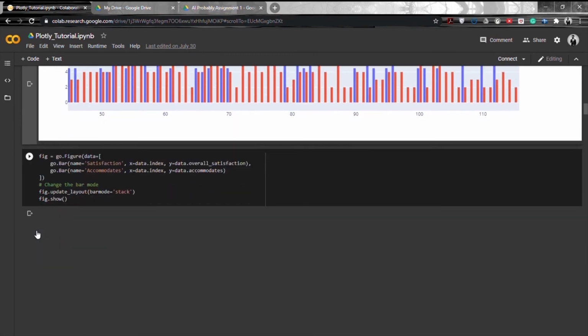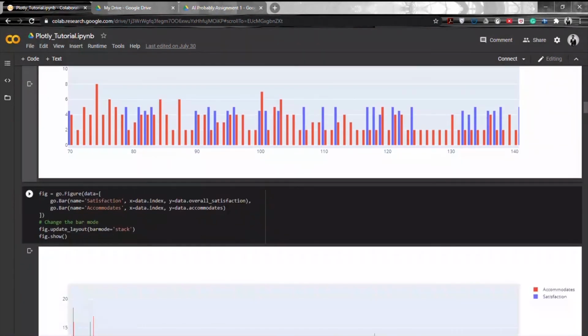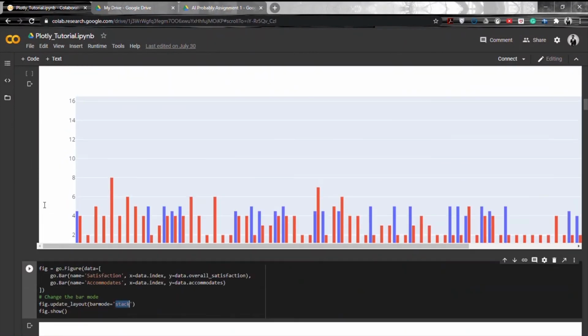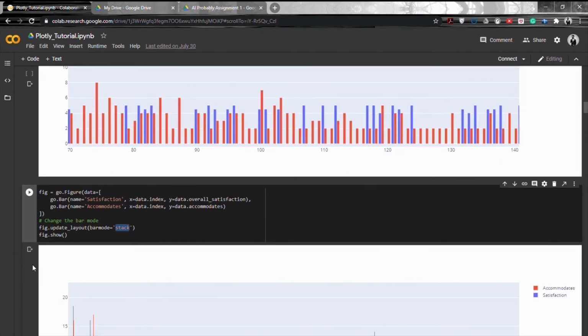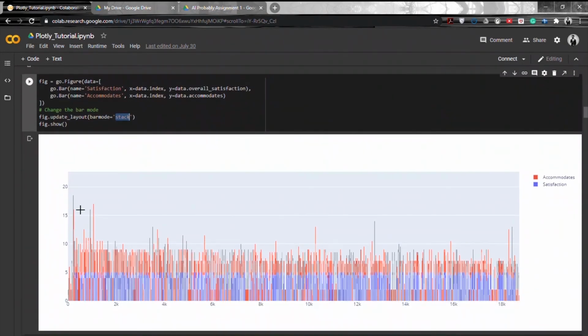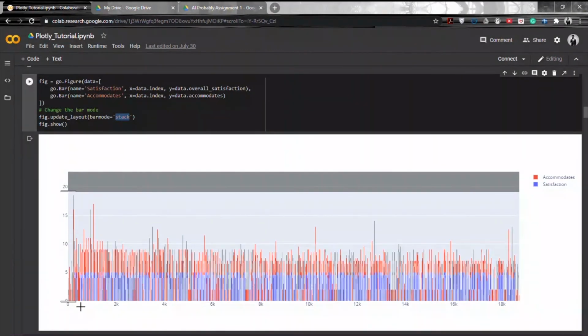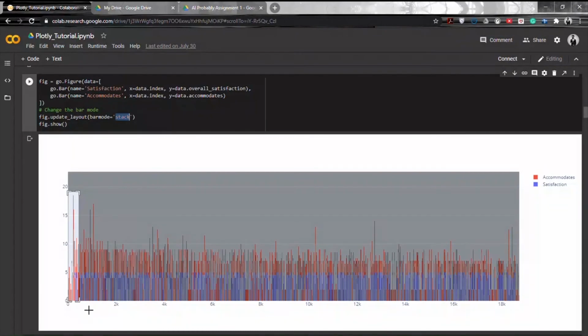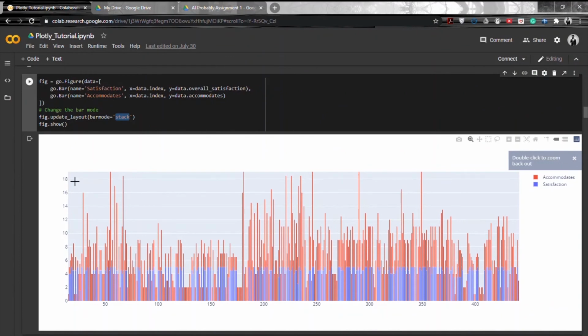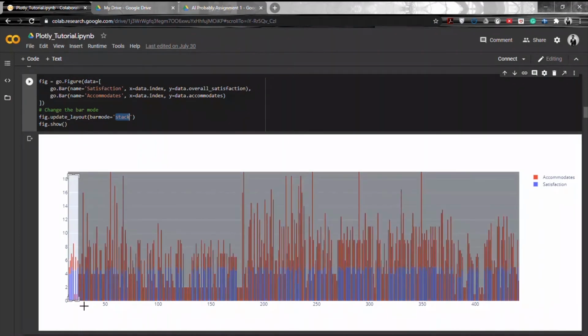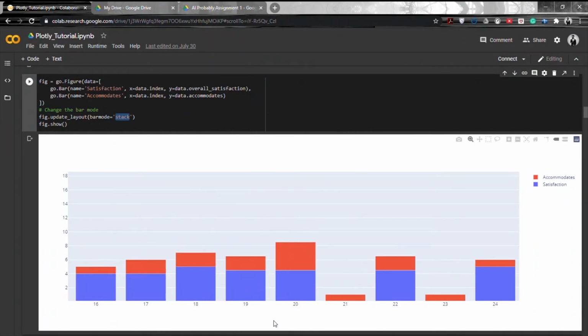So then we can again plot the same thing using something called a stack graph. So here you can see a stack graph is also the same kind of bar graph as a group bar graph is, but it is a little different in the looks. All right, so like this here you can see.